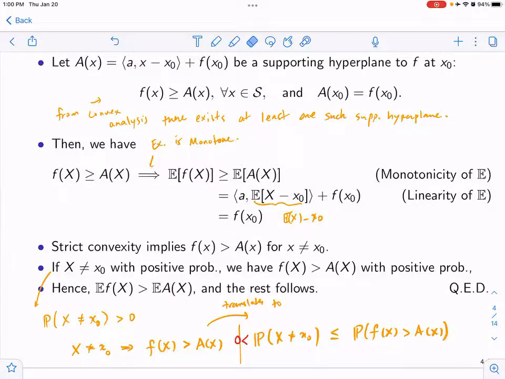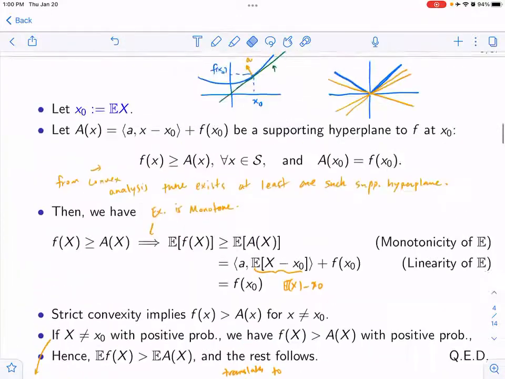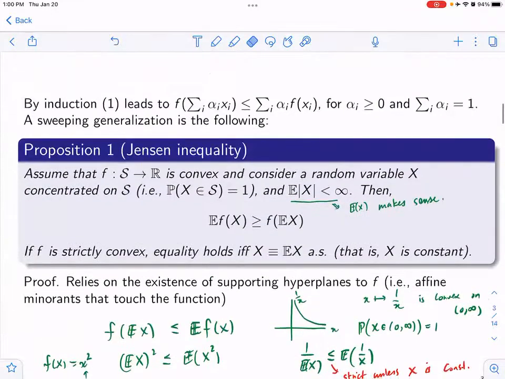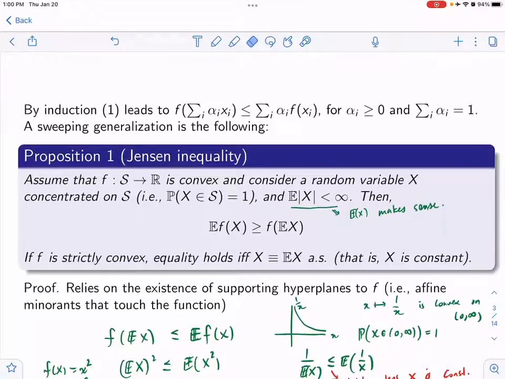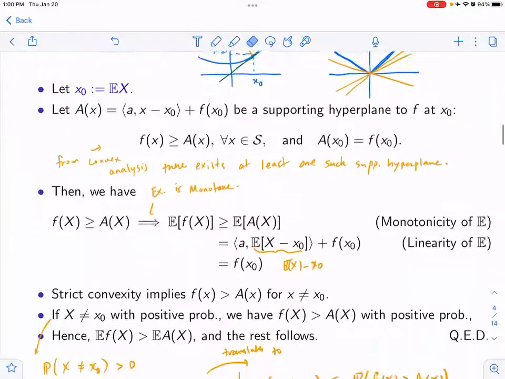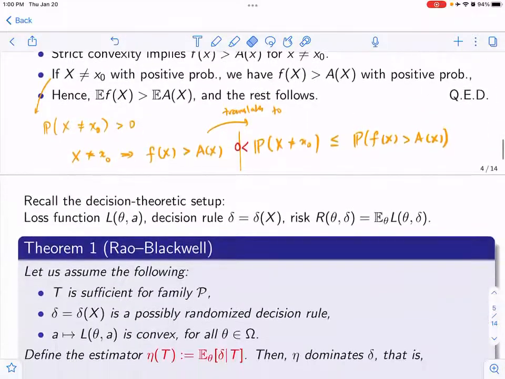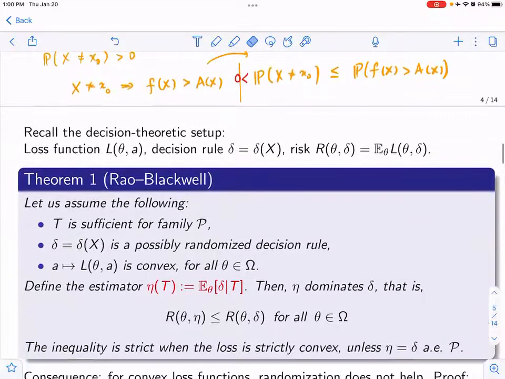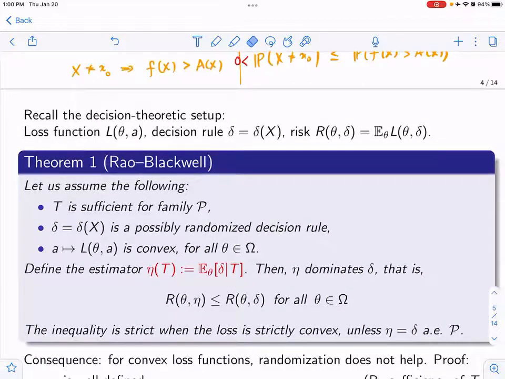Okay. So I spent a bit of time on this, but the ideas are interesting, and this inequality is very useful, as you might have also seen in the first homework and later. So now to go back to the Rao-Blackwell,